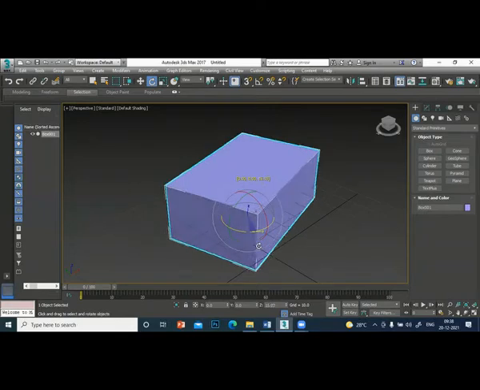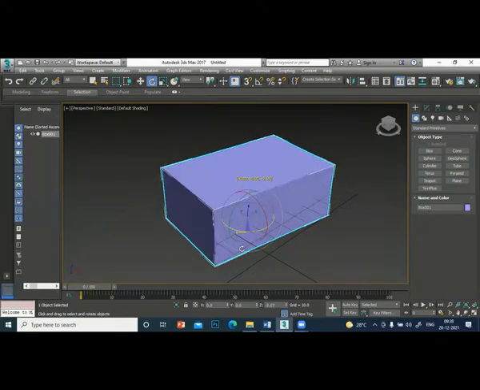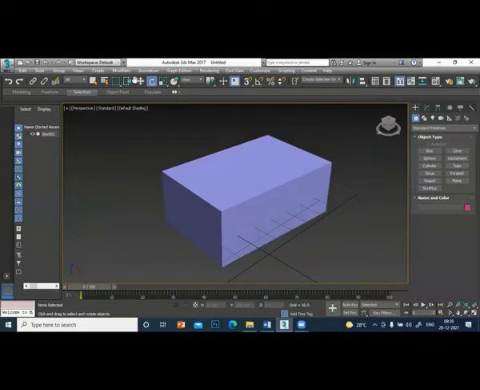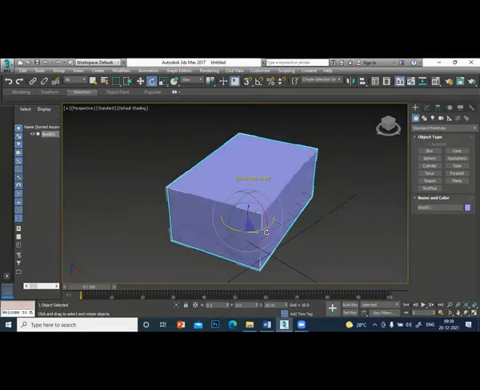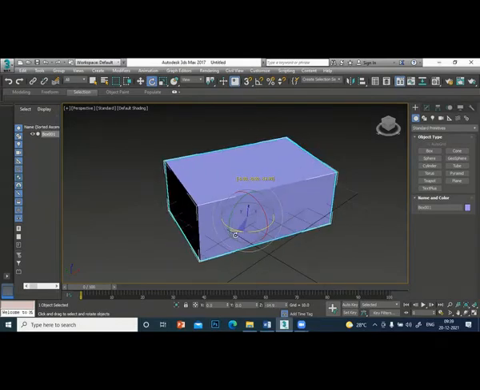Are you getting some idea? So three circles are there. When you click rotate and select the object, three circles come. Red indicates that you are rotating around the x-axis, green the y-axis, and this is actually blue. It seems like a yellow, but it is actually blue. Okay, so that's how you do it.